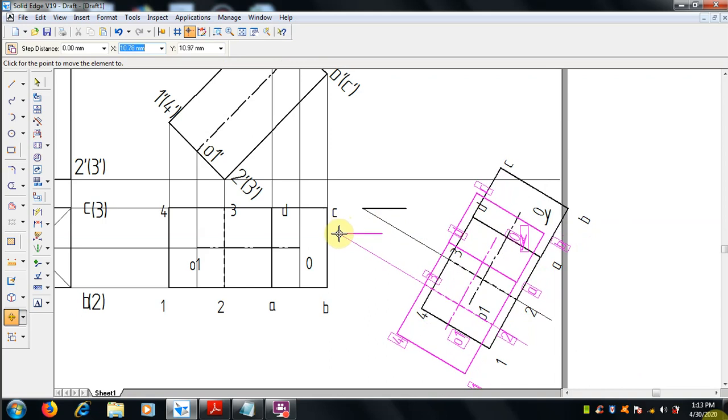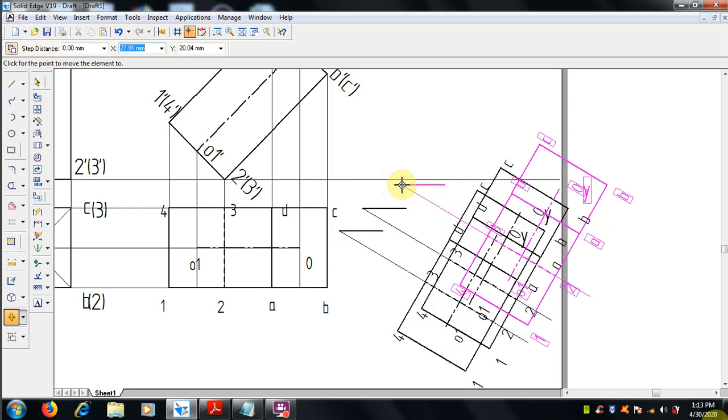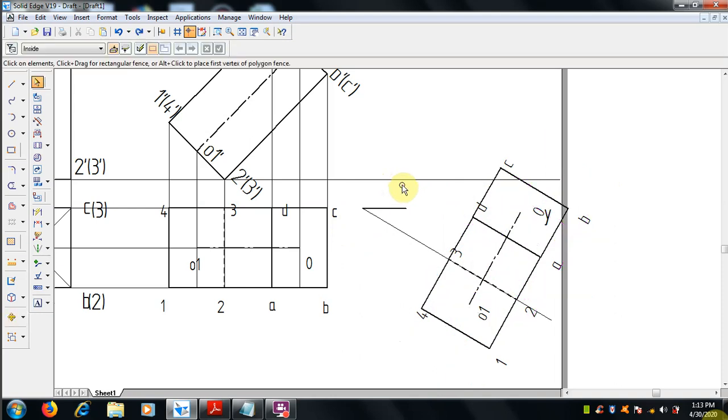The copy command should be avoided. Actually, if we move with the copy, it gets overlapped, and then it is very difficult to delete that. So select fully while moving, and then the total should be moved with the help of the move command.